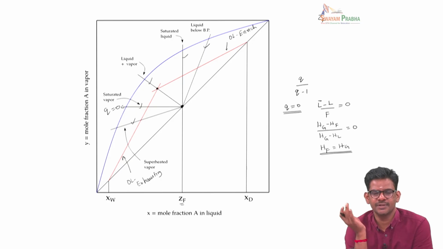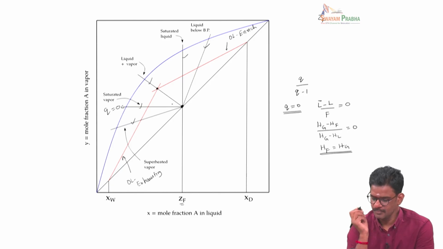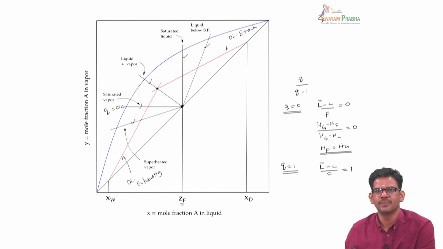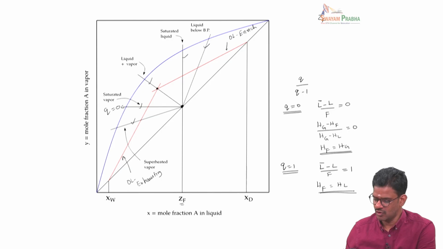So when q is 0, it means the feed is a saturated vapor, and that corresponds to a horizontal q line. Let's say if q equals 1, this means that (L bar minus L) by F is equal to 1, which means all the feed is saturated liquid, and HF would be equal to HL. The feed enthalpy is equal to the saturated liquid enthalpy, and all the feed is nothing but